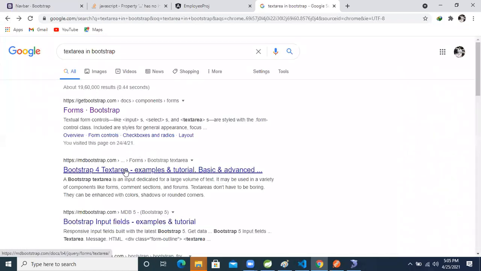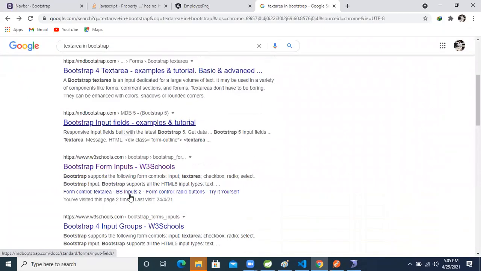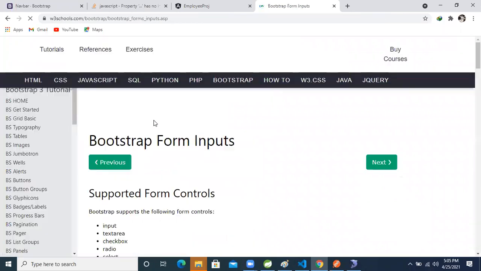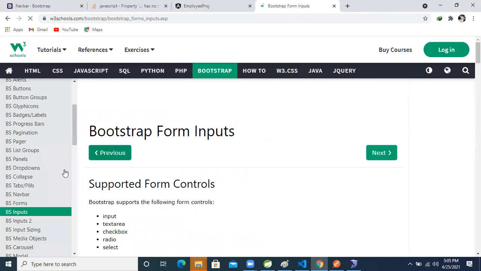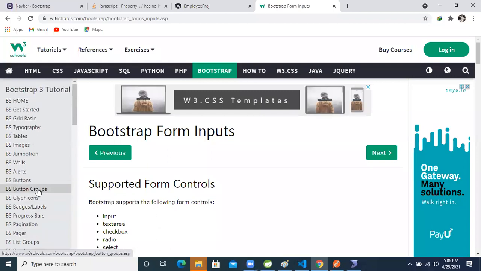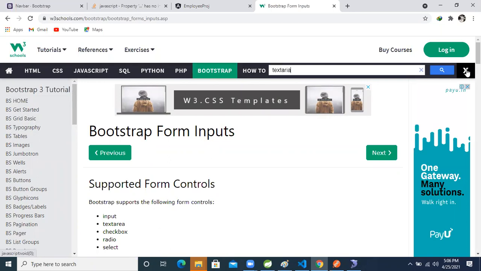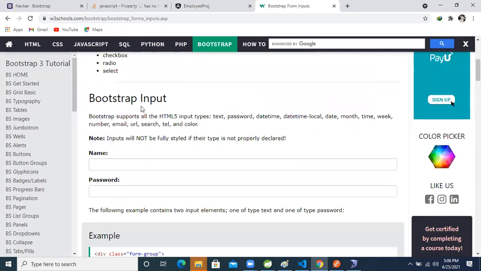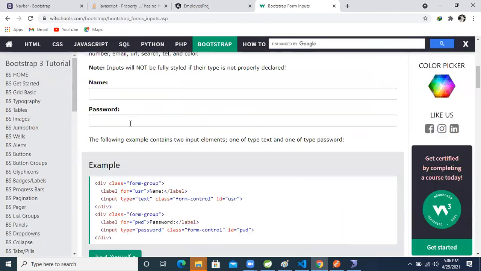Okay, no problem. Radio button, checkbox, text area, right?